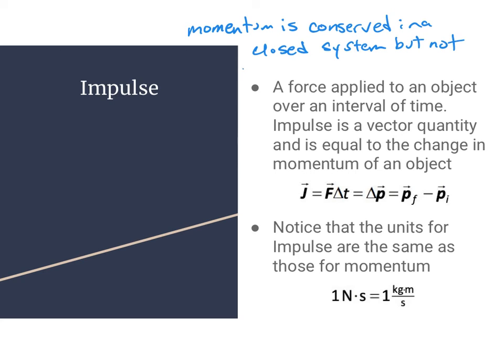But not necessarily for each object. So objects can have changes in momentum, and hopefully that's obvious, because if the velocity is changing, the momentum is changing, and we know that objects can have a change in their velocity. So that change in momentum that an object can experience is what we call impulse. So impulse is equal to the change in momentum, and our change in momentum is equal to F delta t,